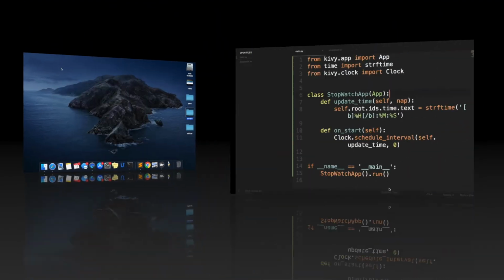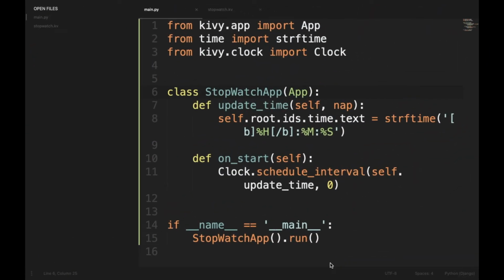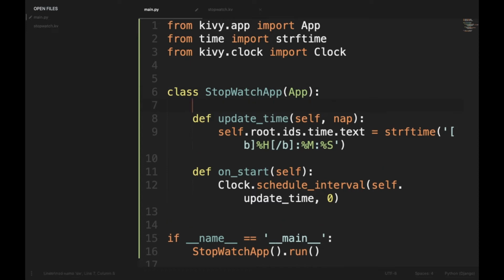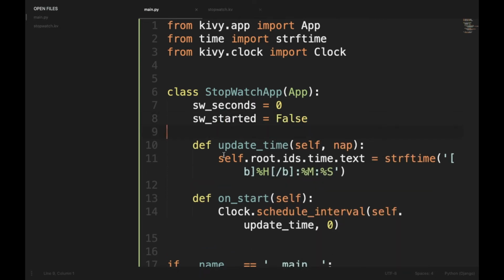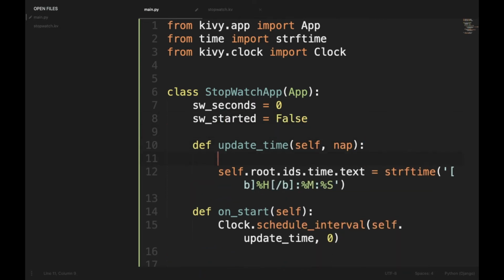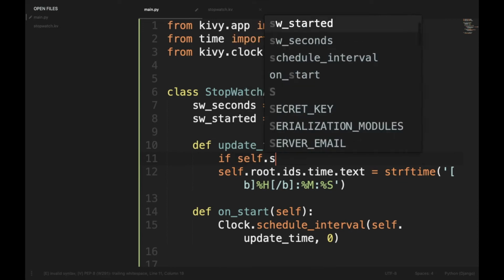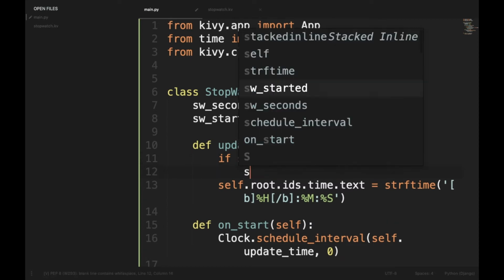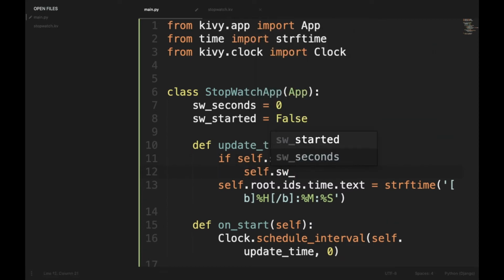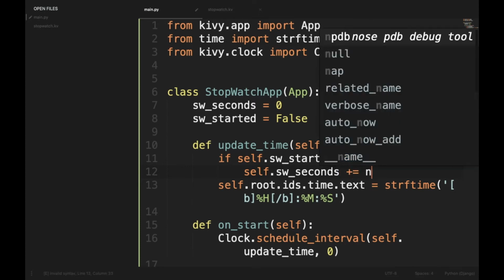So let's close it. To add the functionality of the stopwatch, we will create two class variables here. And now in our update_time function, we will say if self.sw_started, then self.sw_seconds += nap.